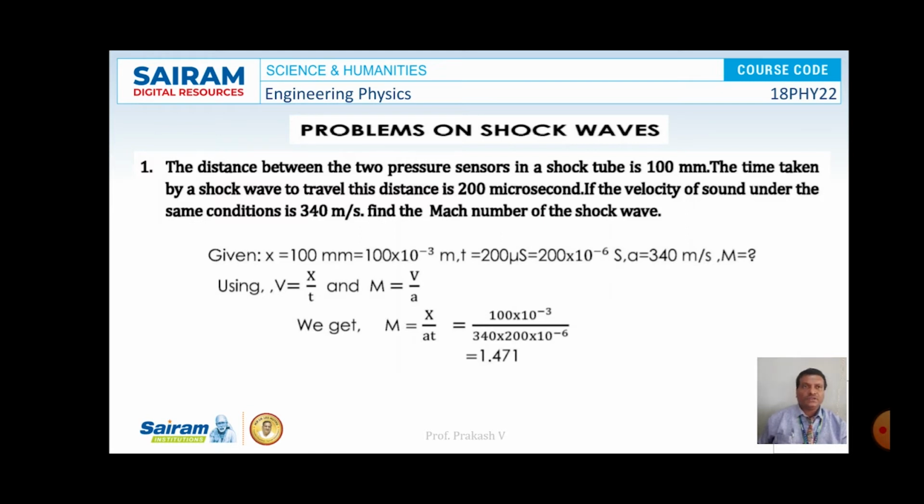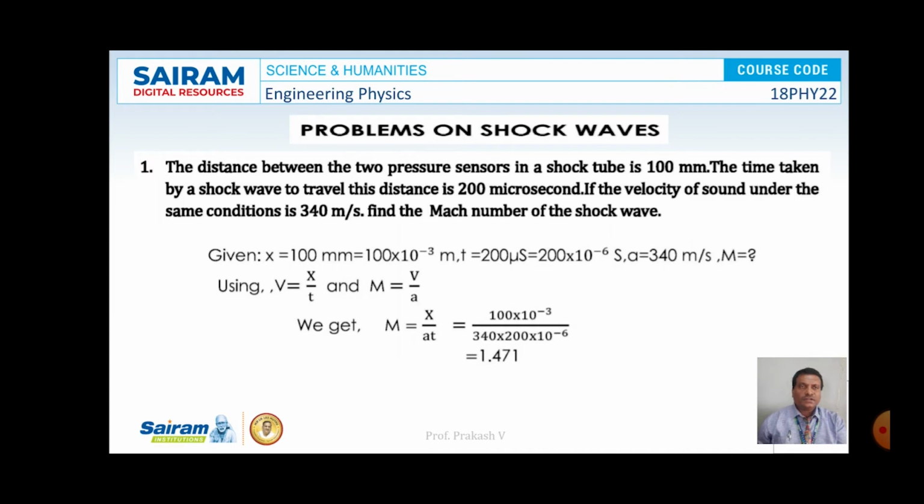So here we have to calculate the velocity of shock wave. Velocity of shock wave is given as distance moved by time taken. So V is nothing but x by t. The value of x is 100 millimeter and t is 200 microseconds. So V is given by x by t,